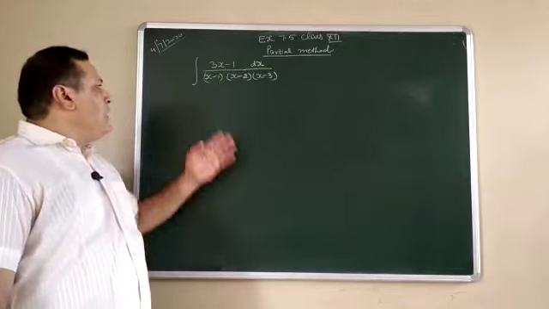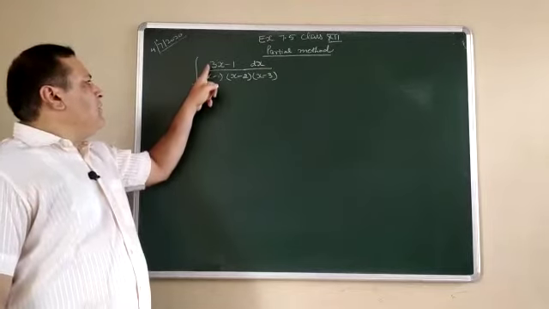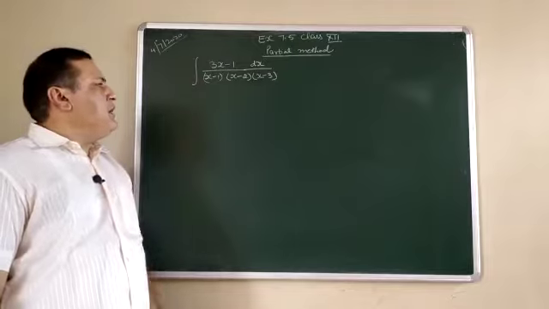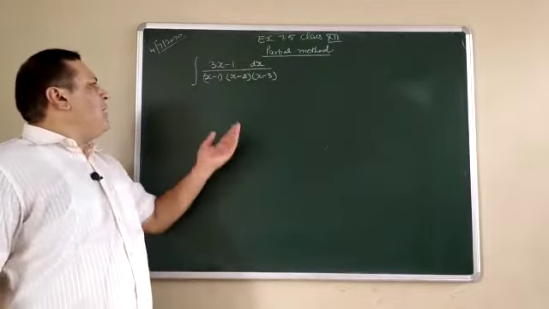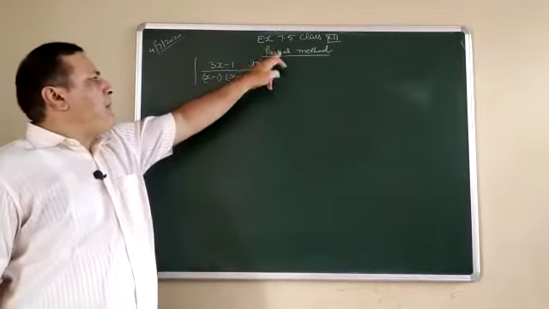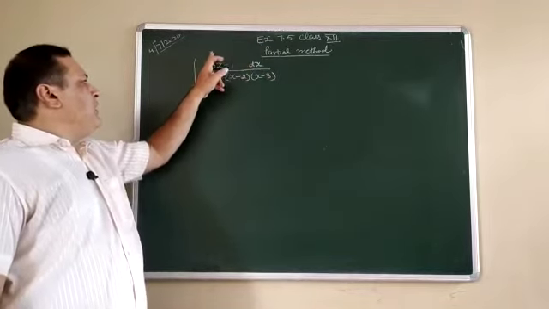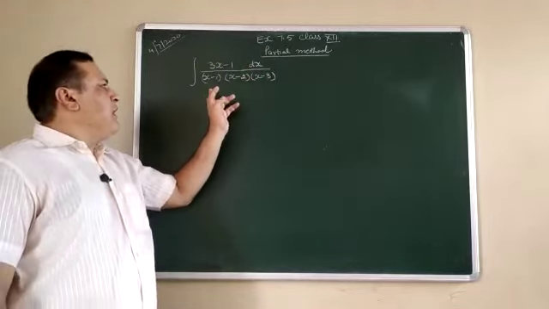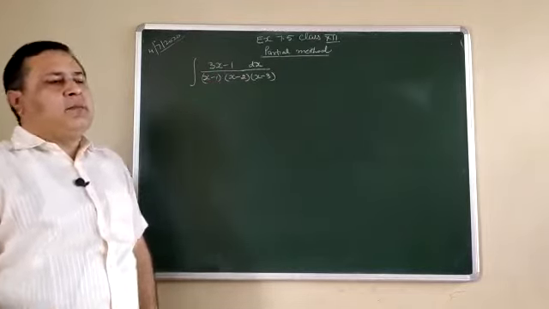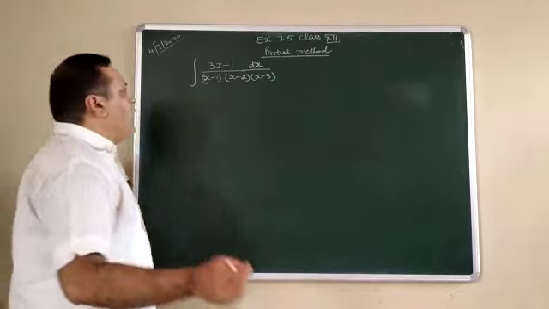But now in this question, if you observe, there is a linear function in the numerator and a cubic function in the denominator, and sometimes it is also a quadratic function. So this method is called the partial fraction method, in which we break this product into addition and subtraction. Now let us see how to do it.